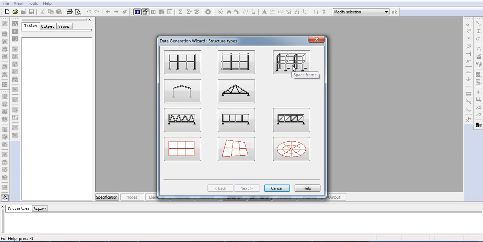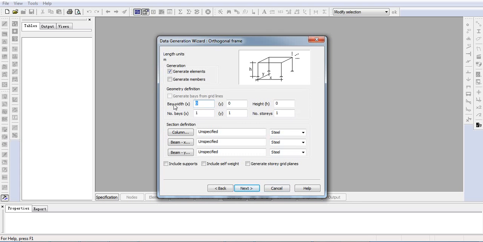We use space frame, and for the better illustration, we use the first record in the individual assignment. So there will be 6.5 meter in x and y directions. The number of bays in x direction is 4, and in y it's 6. The height is 3, so the number of stories is 5 in our case. So for the columns,